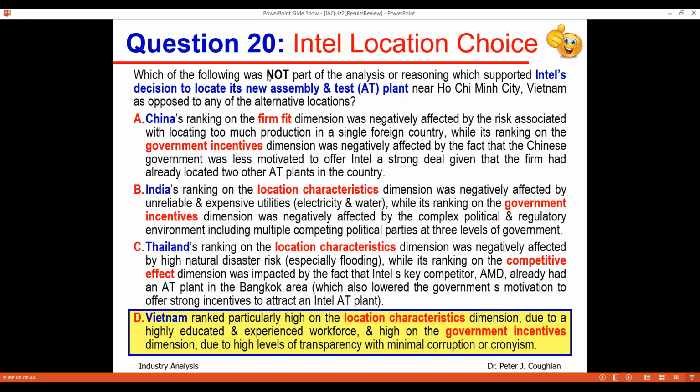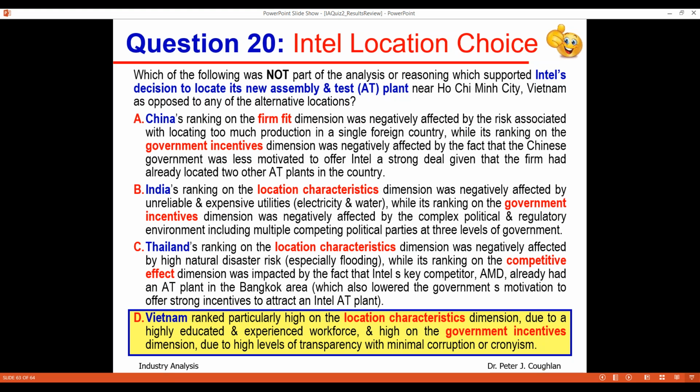Why? Because you're saying which of the following was not part of the analysis or reasoning. So A, B, and C were actual. Those were part of the solution. Those did come out in our analysis, in our case discussion. D did not. D says Vietnam ranked particularly high on the location characteristics dimension due to highly educated and experienced workforce. No. Remember, they weren't that educated,